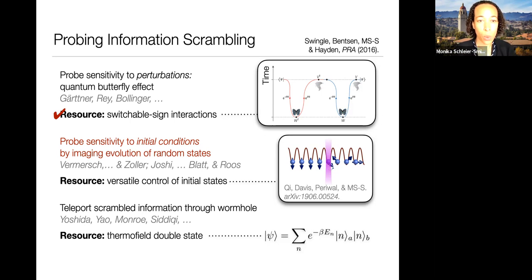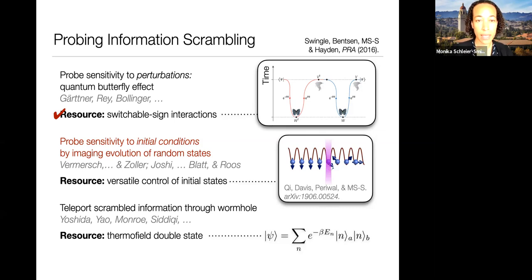And in quantum mechanics, that's a bit of a weird concept, because if I have two quantum states and I ask what their overlap is and the system evolves unitarily, then that overlap doesn't change with time. So you might say there is no sensitivity to initial conditions. There's not this sense of initial points in phase space diverging in the way that one would have in a classical system. But nevertheless, that intuition is useful for thinking of another way of probing information scrambling,